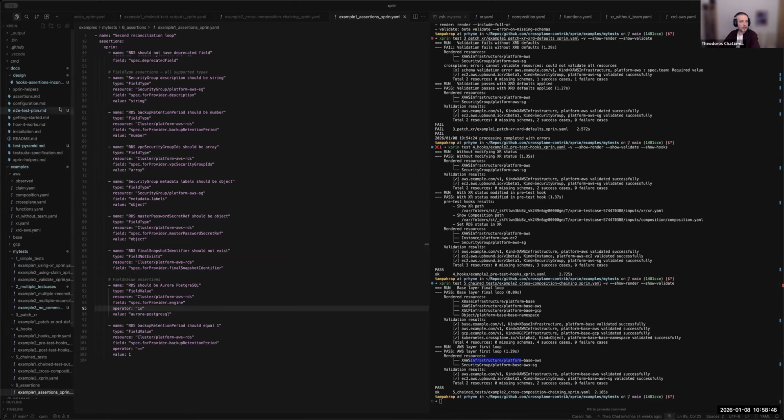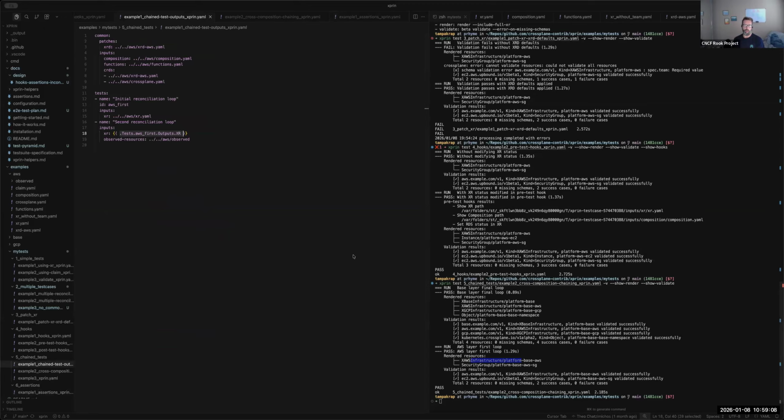Yeah, Theo, I really like the test chaining as well, because that fills the gap that a lot of people feel, if you're just using Crossplane render directly, let's say. You can run it, but it's a single reconciliation, right? So being able to run it and then pass these outputs to the next one to simulate that second reconciliation loop is really, really cool, I think. So that's one of the things I like the most about this framework and experience you've enabled here.